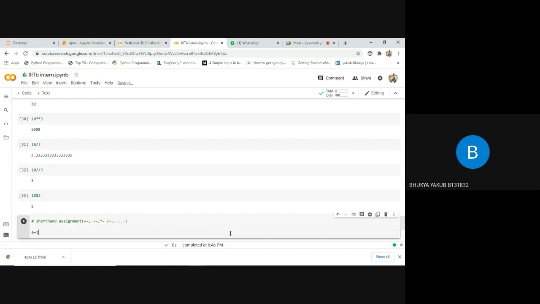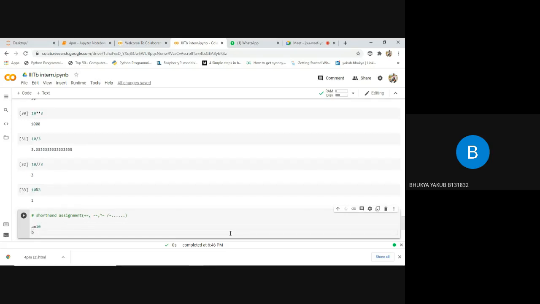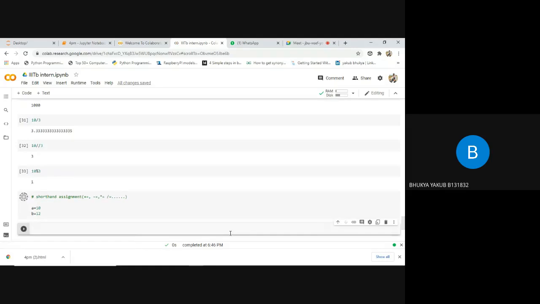In this example, I'll define A equals to 10 and I'll define B equals to 12. Now, what I want to do is update the value of A. To update the value of A, I want to perform addition between A and B and add that result in variable A. So to perform this action, we are using variable A two times. Here we are saying A, again here we are saying A. In between A and B we are using the plus symbol and we are storing this result in variable A, meaning we are updating the value of A. To perform this task, we are using variable A two times.